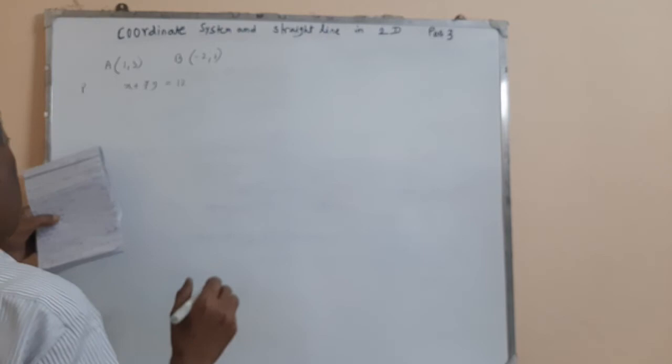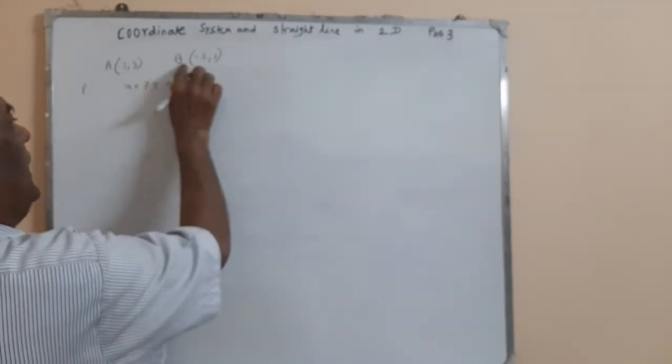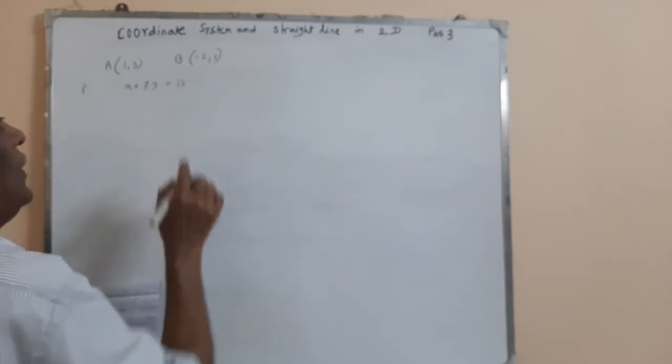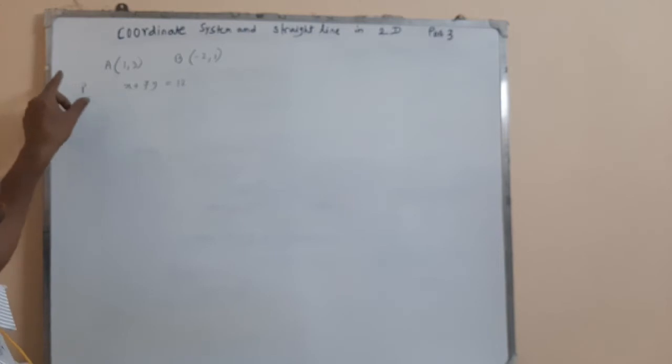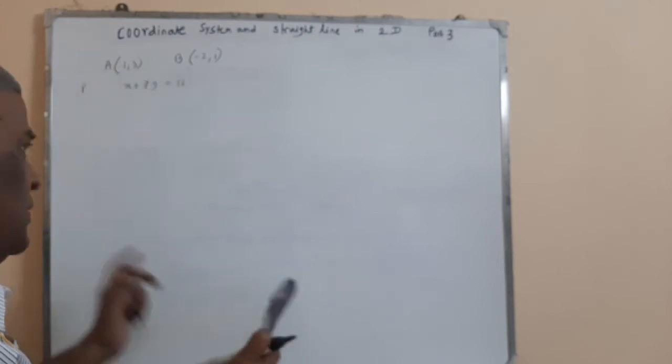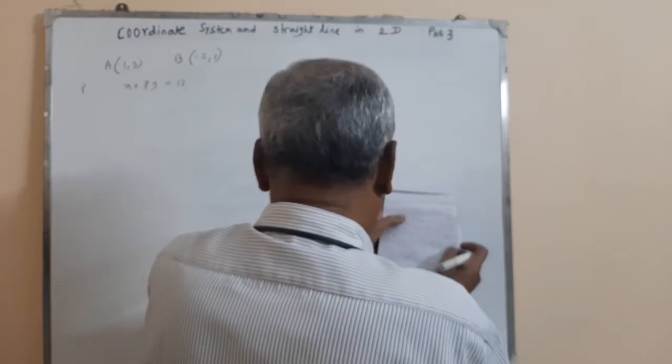Then locus of centroid of the triangle ABP, where A, B and P are points, is, the options are there. So first option is